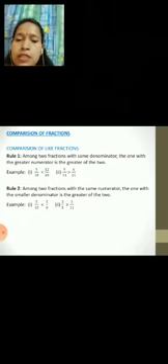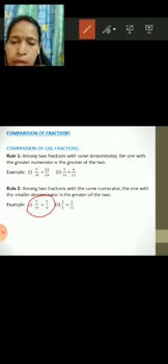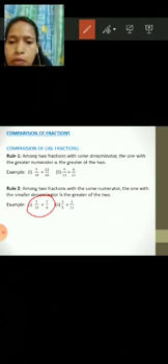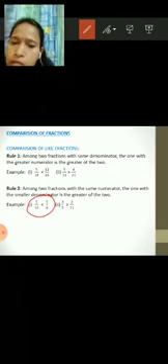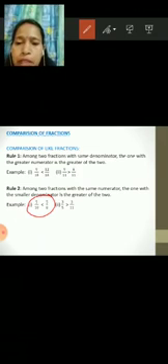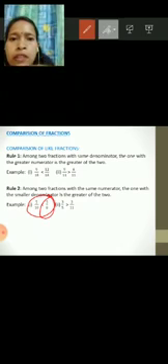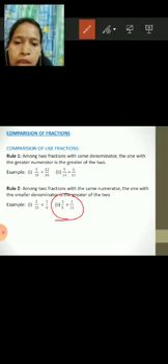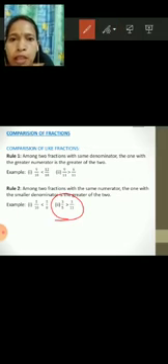If the numerators are the same, in both cases you can see here 5 and 5 are in the numerator, so 5 by 10, 5 by 8. The rule is what? The denominator should be less, then the fraction will be bigger. So 5 by 8 is bigger than 5 by 10. Same case here, 3 by 5 is bigger than 3 by 11.